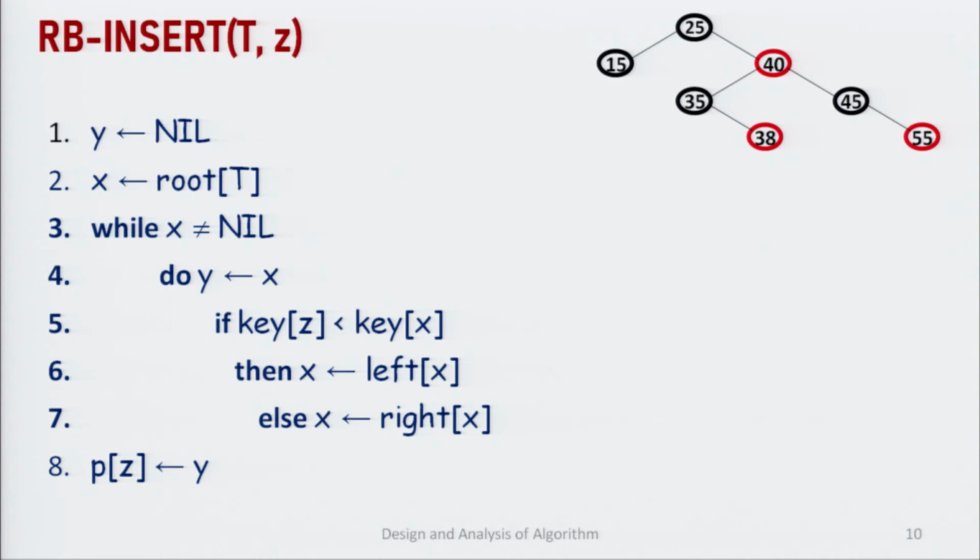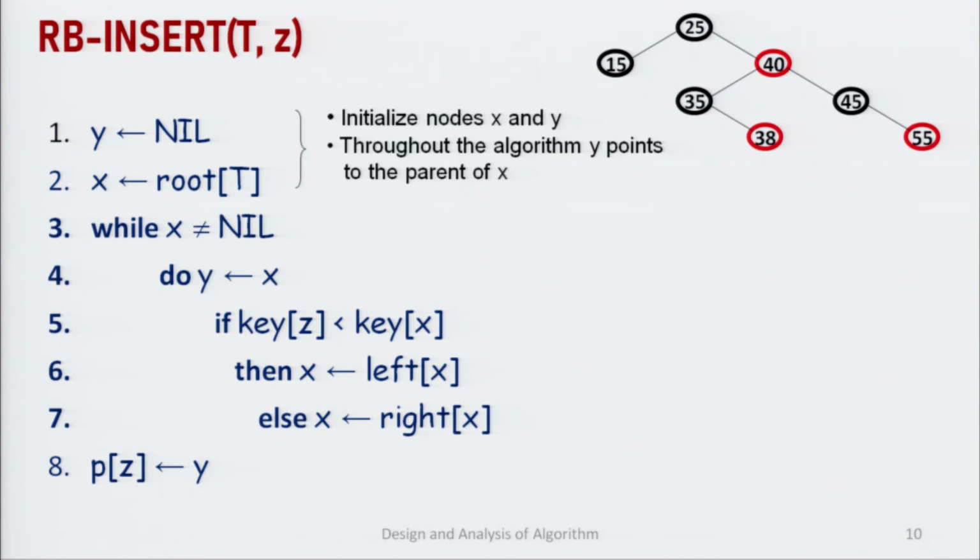So, this is our algorithm. We start here: y is equal to nil, x is equal to root. So, we start from the root node, and we are taking another variable y in order to assign a parent node. So, x is searching that particular node and y is assigning its parent node. Now, just see here. It starts from 25 as x. So, while x is not equal to nil, then y is equal to x. So, here y is also assigned with this node.